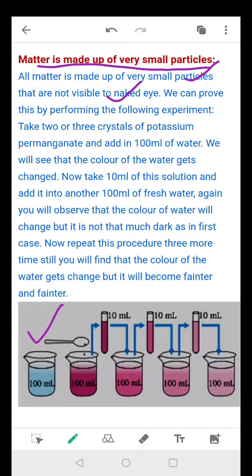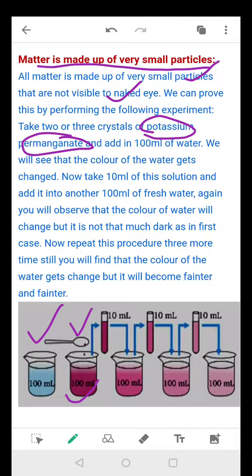We'll take 100 ml of water in the beaker and we will add 2 or 3 crystals of potassium permanganate. So there is approximately 100 ml of water, then we'll add potassium permanganate to it. Which color will you see? Pink color. The solution will turn pink, right? The potassium permanganate is of pink color. We know water is colorless, isn't it? So when we add potassium permanganate to it, the color of the water will change